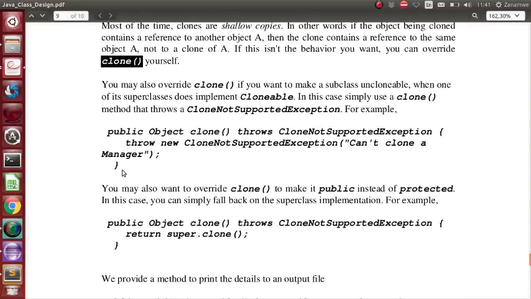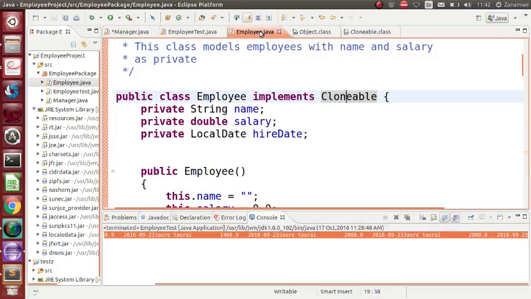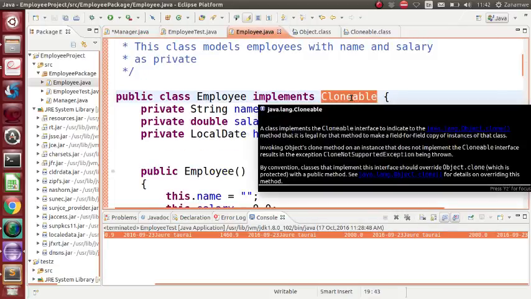You may also override clone if you want to make a subclass unclonable when one of its superclasses implements Clonable. Because by that concept of inheritance, if I go to Employee and indicate that the Employee class implements Clonable, the fact that